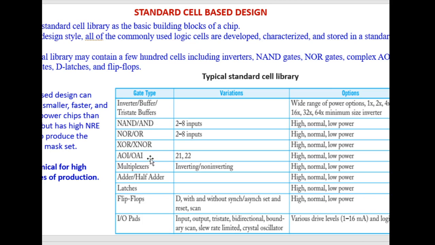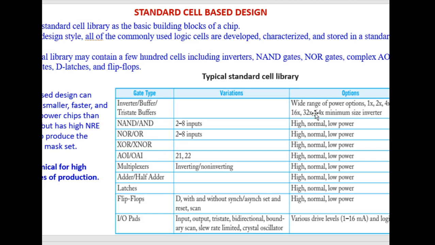These are complex gates. Different kinds of multiplexers, adders, latches, flip flops, and input output pads, IO pads. Moreover, these different kinds of components will be available in different flavors, different sizes. For example, for the case of inverters,